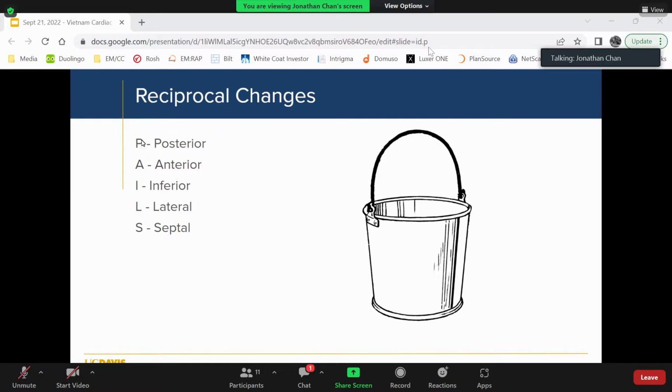So basically each of these corresponds to the next one in terms of where you'll see reciprocal changes, as a general rule. There are some exceptions here, but for example, if you have a posterior ST elevation, you should see reciprocal changes in the anterior leads. If you have anterior ST elevation, you should see ST depression in the inferior leads. If you have inferior ST elevation, you should see reciprocal changes in the lateral leads. If you have lateral ST elevation, it can be both. You can see depressions in both the inferior leads and the